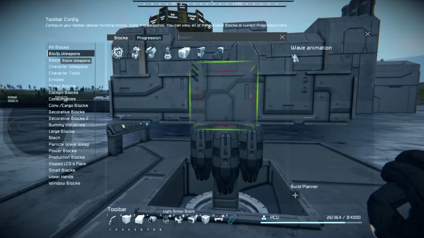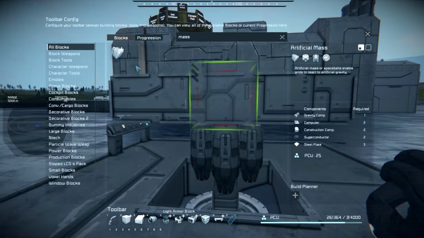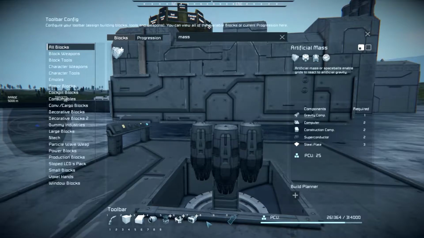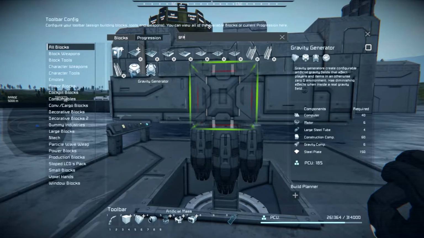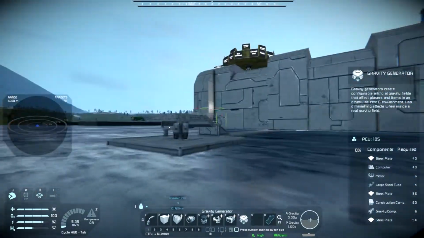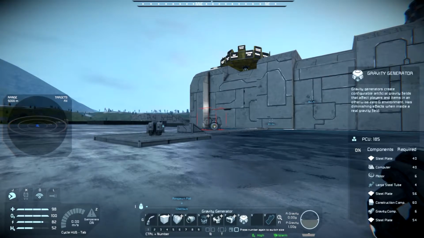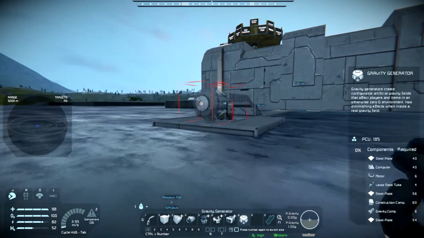Let's go over here for a second. So you can have things like artificial mass blocks. In fact, let me get that out of there. So we're going to do that. Alright, so gravity generators are obviously large grid only. So if you're doing something where you want to have a small grid style ejector system, be it an ejector seat, escape pod, whatever, and you don't want to have it powered, what you can do